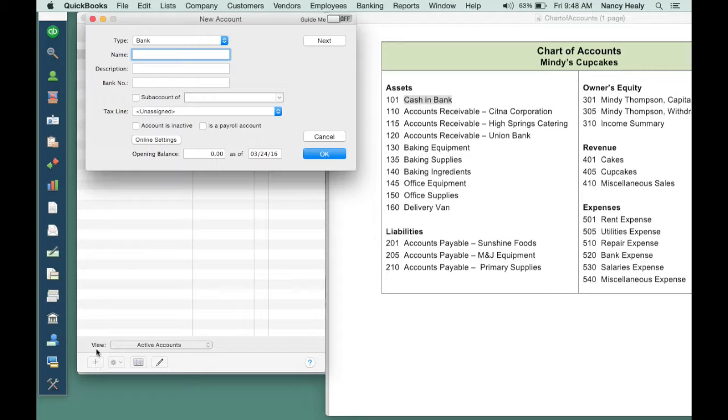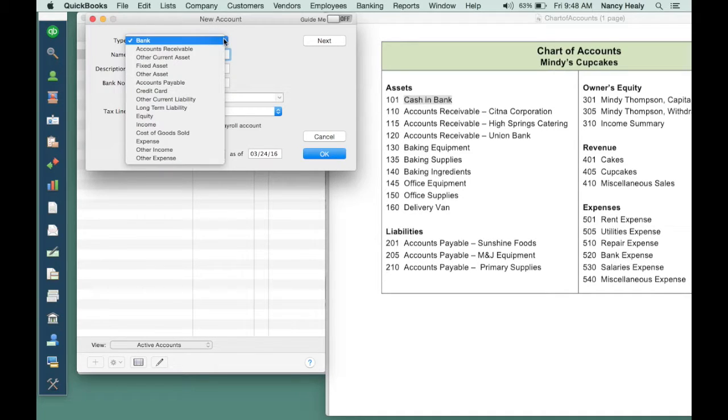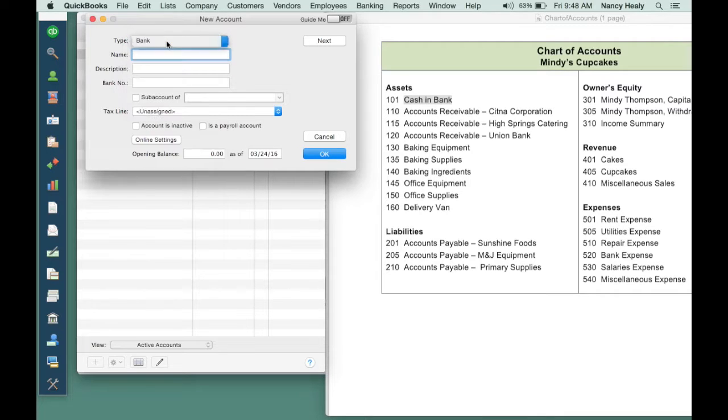So for a new account, the first thing you do is to decide what type of account it is. In this case, cash and bank is a bank account. So we're going to leave bank selected. In name, you're going to put the account name, which is cash and bank. So go ahead and enter that now. We're going to leave everything else blank